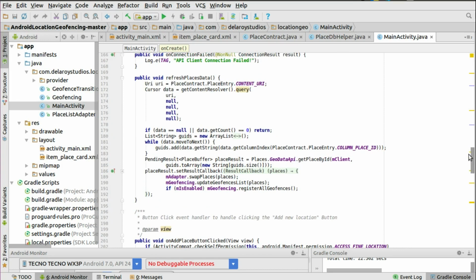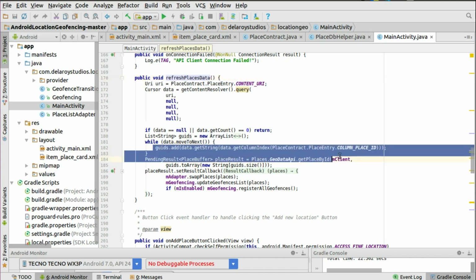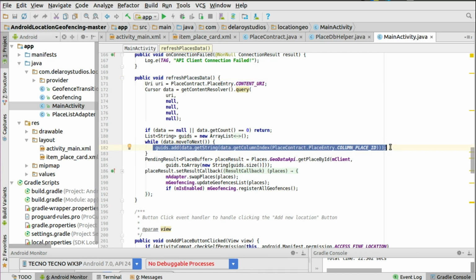Refresh places data. What are you doing? You are refreshing the places that you're trying to swap, trying to get the values from the content URI, using the content provider to query the SQLite database and return that value. And at that point in time, you're going to return an ID. So it's an ID you're getting back, which is what you are getting over here, the column place ID. And this is what you're going to actually use to